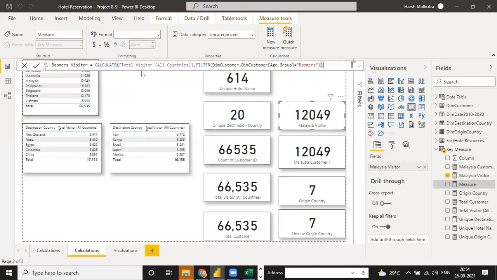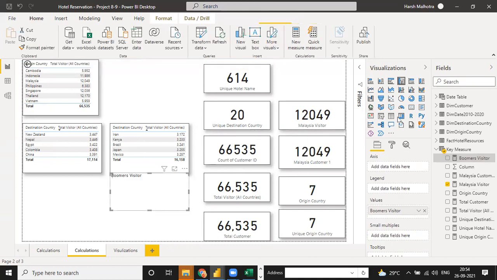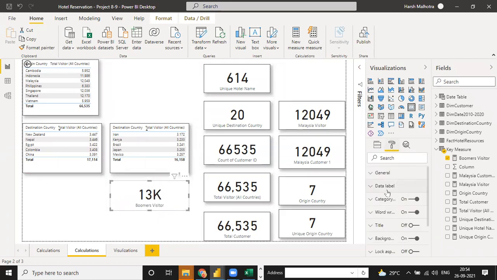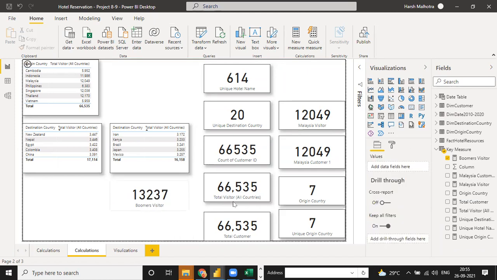Harsh, I have a question on this. Yes, tell me. Shall we have a slicer kind of thing, which I believe would be clearer? If we have a slicer for this age category, which interacts with all the other visualizations, and I move the slicer to age 22 or 15 or whatever it is, it will give me an appropriate count of that respective age category. I believe this would suffice the requirement here.